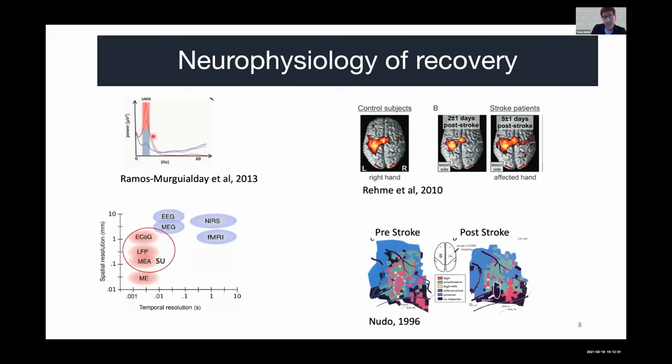And here you can see that, sorry, I did not put the key here, but post-stroke, some of the EEG oscillations also suffer. So people have studied features of recovery amongst all these different modalities.